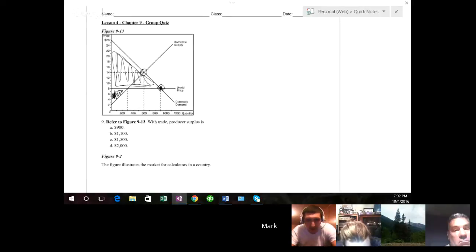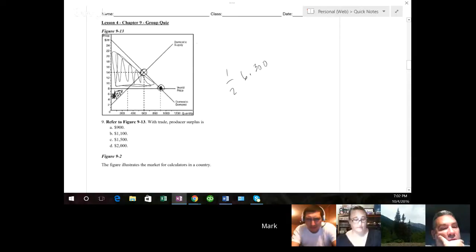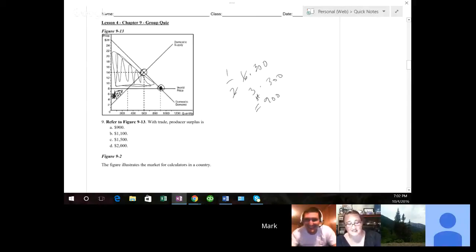So that was where we came up with the base times height, and then divided by 2, the half. Yep. Yeah, and so you end up with 6 times 100, 900, 300. That's what I got too. It was kind of a shot in the dark for luck. I didn't even guess. I just left it blank and I thought we'll have to do this together.